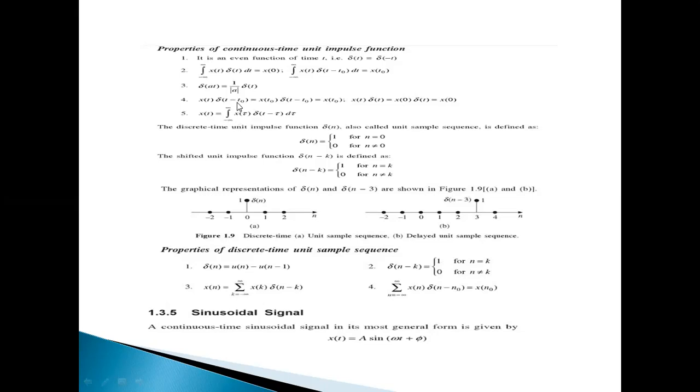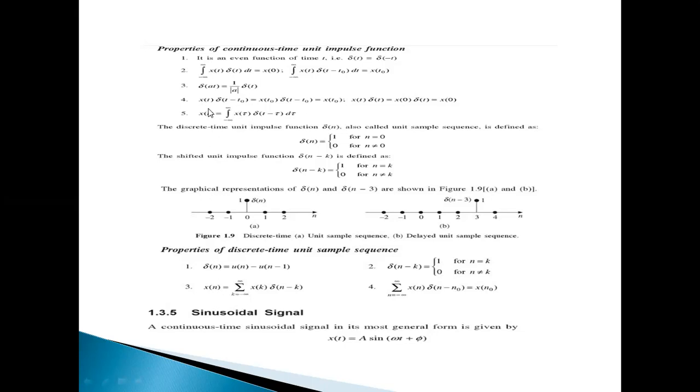Whatever you are using here, the integral is for continuous and the summation is for discrete functions. In the orthogonality of signals, the integral from t1 to t2 of f of t x of t dt is for continuous. For discrete, it is the sum over n from minus infinity to infinity of f of t x of t, or x1 of t x2 of t, any two signals. It is the summation for discrete time signals and the integral for continuous time signals.